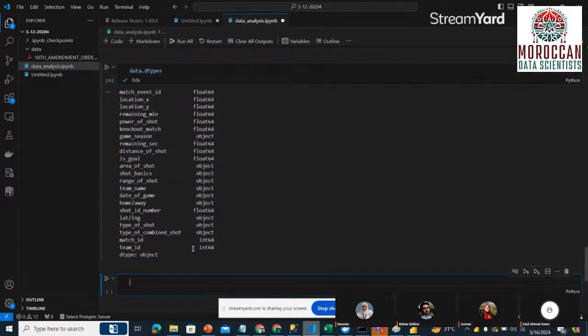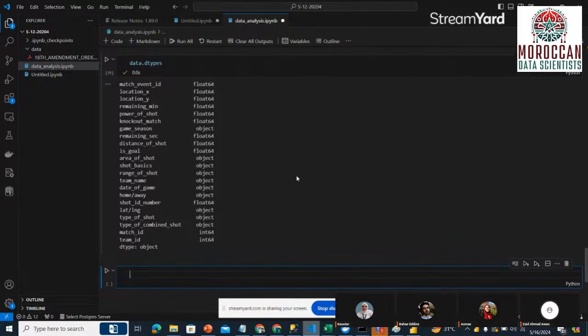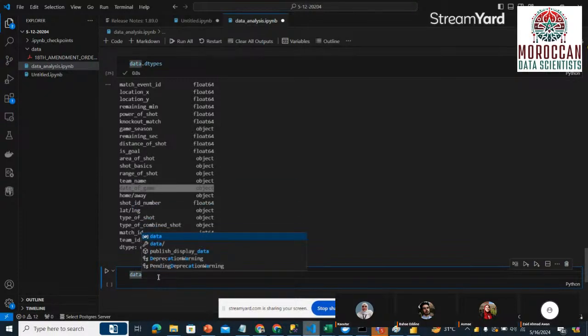So we can also change the data type of any column, like we can change the data type of date of game, right? So date of game is object data type, right? So we need to convert this into date data type. So how can we convert this? We can write the column name date of game like this, or you can also write it like this: date of game